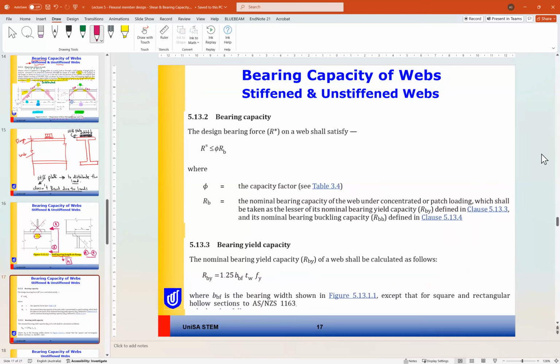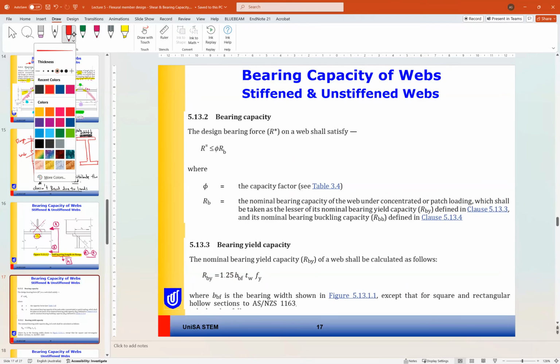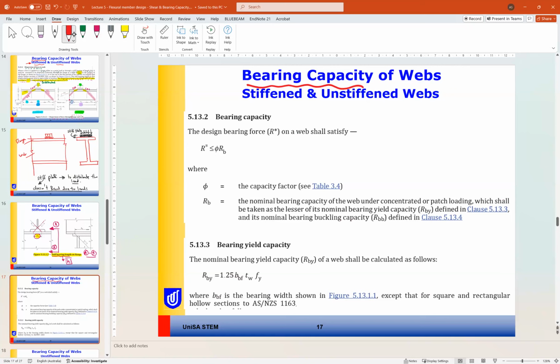And now let's look at the formulas for the bearing capacity of webs. For the bearing capacity of webs, whether stiffened or unstiffened, similar to shear capacity, we have some general formulas for stiffened and unstiffened. Then when we have different cases, we will separate them. So the bearing capacity